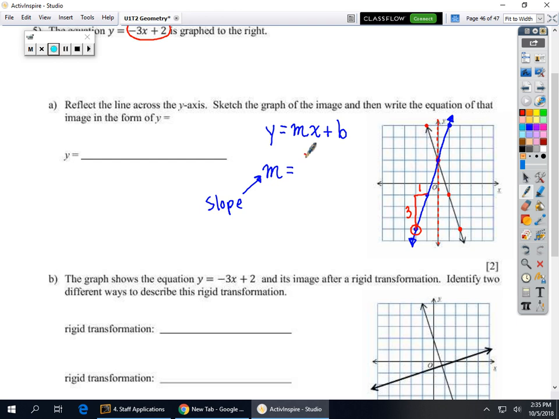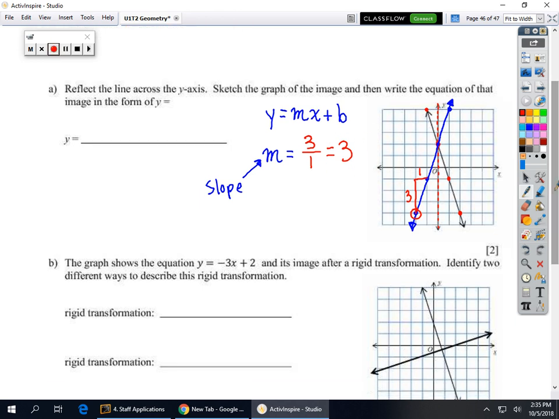Therefore, your slope is 3 over 1. Now, 3 over 1 just means 3 divided by 1. So that's just 3. You don't need to write that 1. That 1's just more writing. But you can leave it like this. It's okay. I would prefer it as just a single number 3. And then now we got to find the b. The b is called the